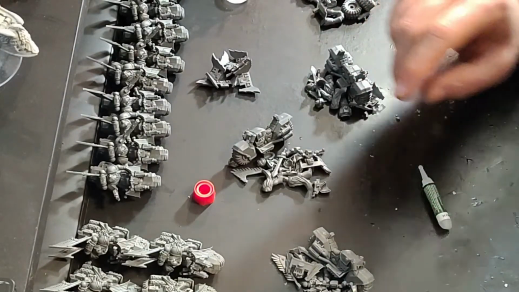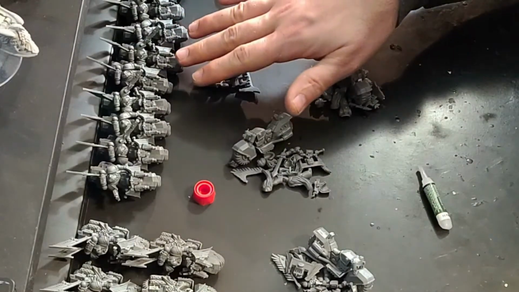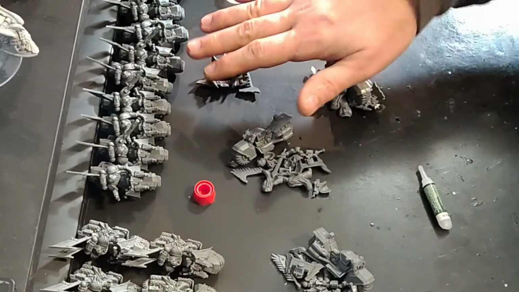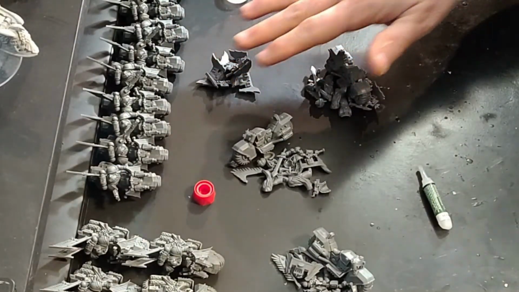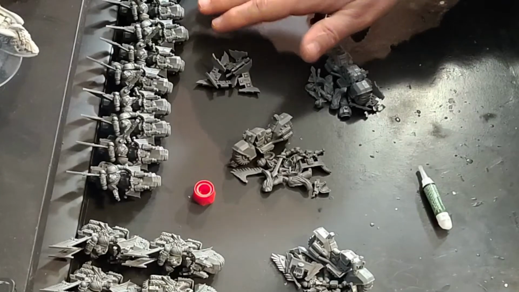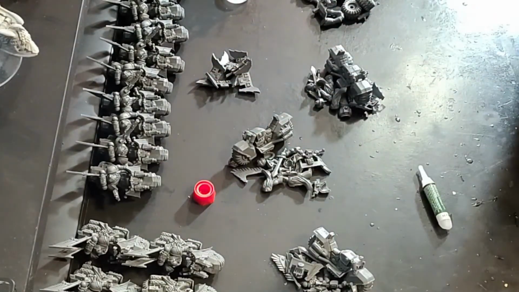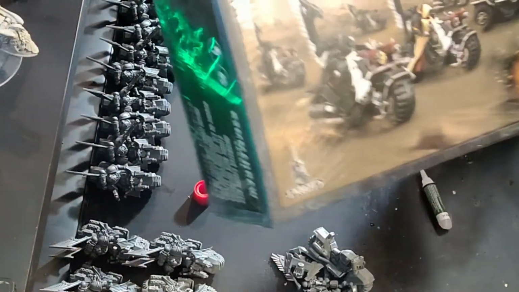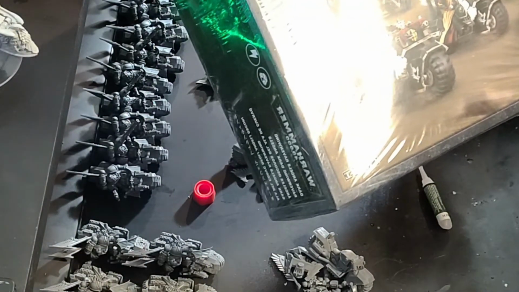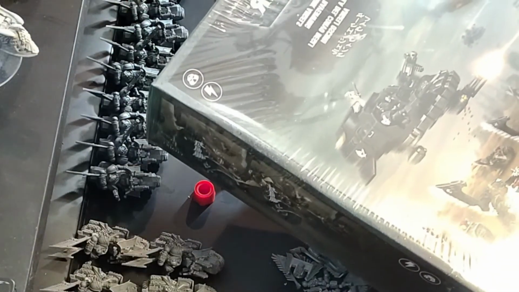But what we're working on, just to give you an idea, is all of these models right here are the push fits from the Dark Vengeance box set, and that's all of them. Okay, for a total of 3, 6, 9, 12, 15, including the sergeants. And then I have 1, 2, 3, 4, 5, 6 boxes of the Ravenwing